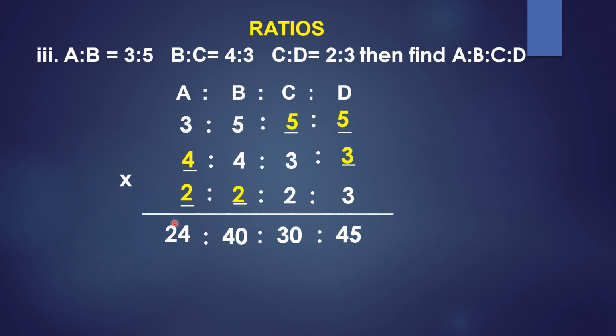How much is A is to B? 24 is to 40 you can write it. If you are able to reduce it to lowest terms, you reduce it and you can write it. I think it will be very easy for you all to solve the ratios like this. It can be taken for 2 or 3 ratios also. Only if A is to B is to C is given also, you can follow the same method.